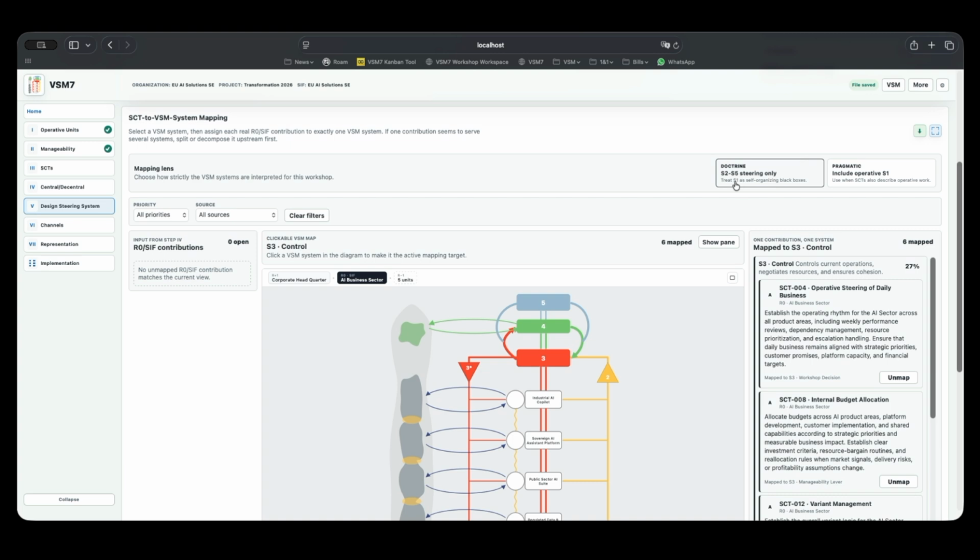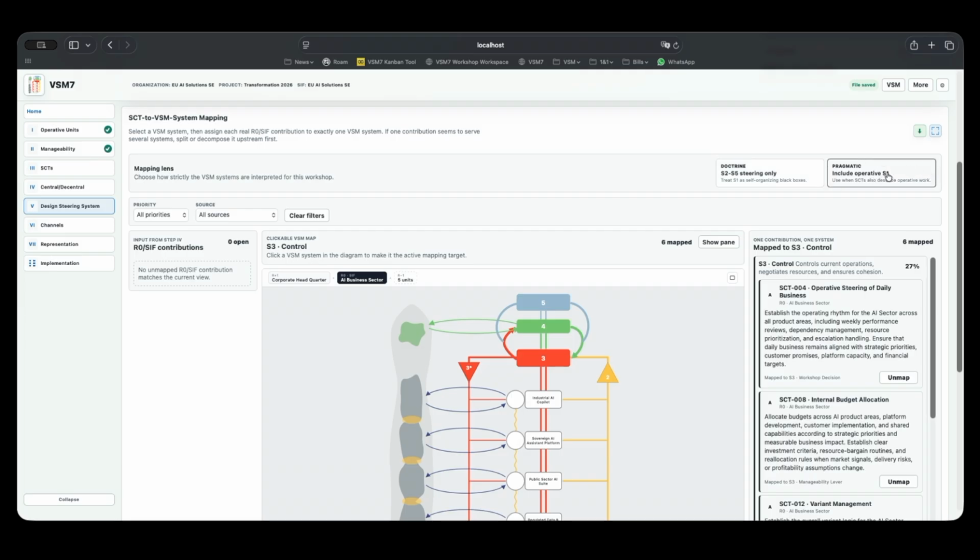The pure doctrine says that we don't have success critical tasks that somehow are related to operative units, so the S1s. So usually we say we treat our operative units as black boxes because they are self-organized, and I really like it. But again, coming from praxis and my pain, that I do not always have the time in my projects to always discuss the theory, I allow them also to include, and this is here the switch, this is the doctrine, twinkle twinkle Martin, and here pragmatic,